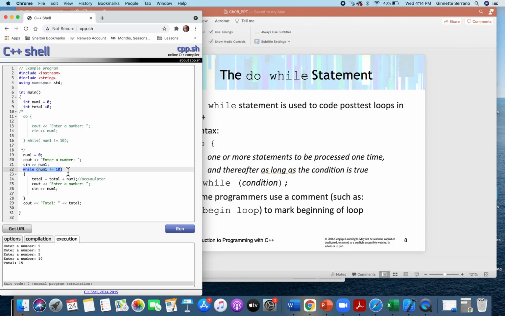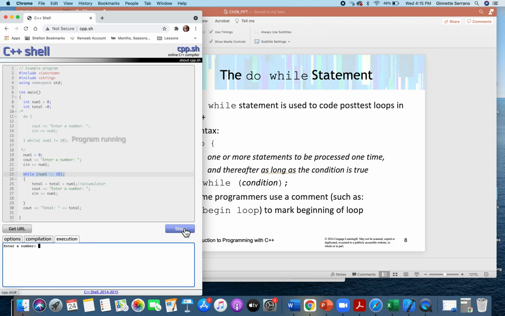And one thing that I was talking about earlier was a semicolon. If I put a semicolon here at the end of the while statement, the compiler is not going to give you an error, but it's going to think that you're done with the loop here. It ends your statement, and this part just never runs. So if we run it,